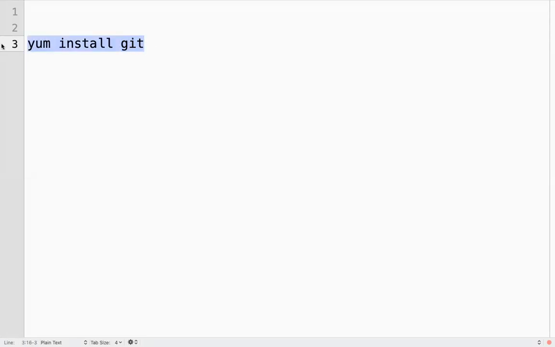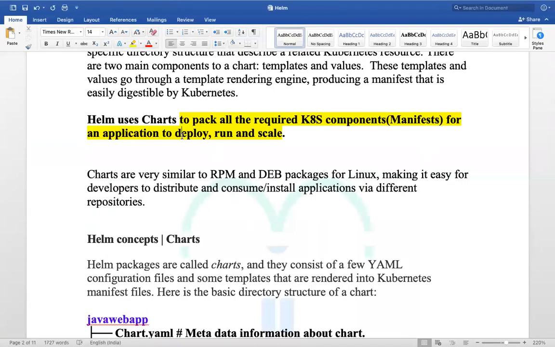Similarly, Helm is also a package manager to pack all the required components for a Kubernetes application to deploy, run, and scale. With the help of Helm, it is easy for developers or operations teams to deploy applications in a Kubernetes cluster.